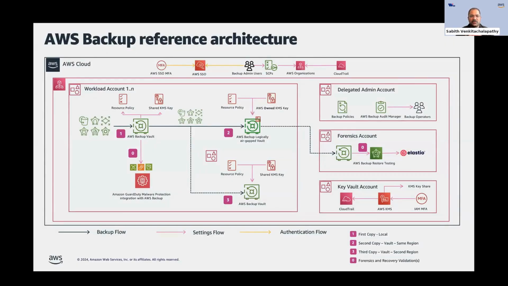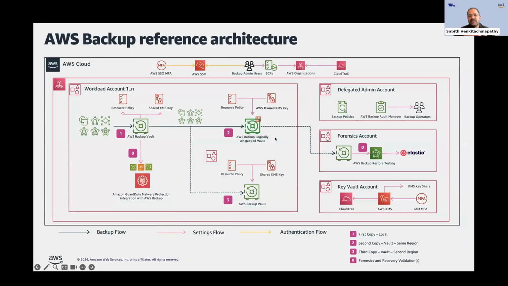So as you can see here, there is what we call a workload account in which you would be running your production workloads, and a backup vault, a normal backup vault that will be provisioned locally in the workload account, will generally get the first copy of the backup, which is for operational recovery purposes. So these are the backups which are done a bit more aggressively, like a 1 hour RPO kind of thing. And any backups that are kept for cyber recovery purposes, which will have a little more lenient RPO, probably the daily backups, are sent to what we call the AWS Backup Logically Air-Gapped Vault.